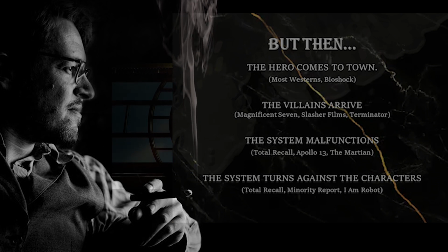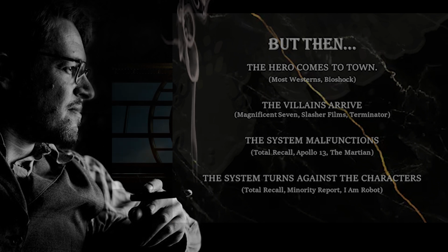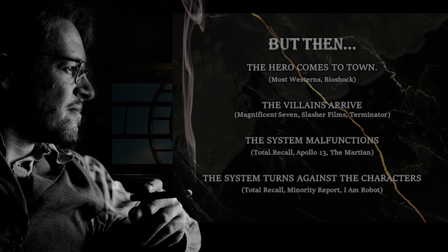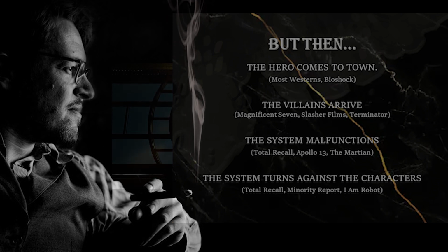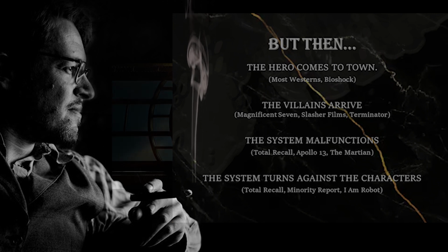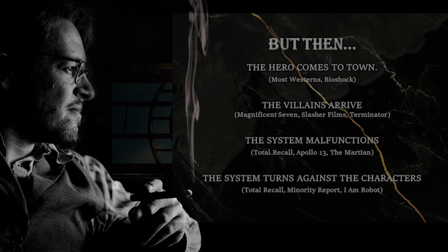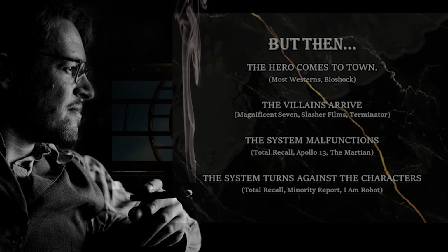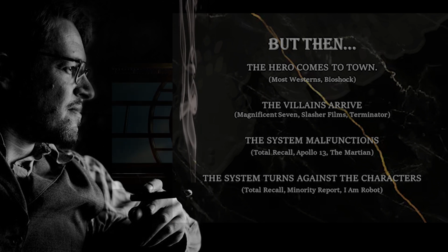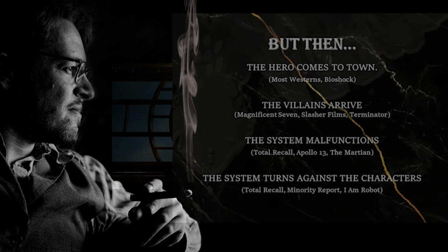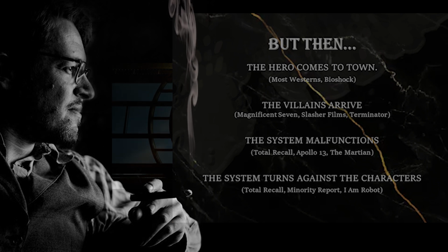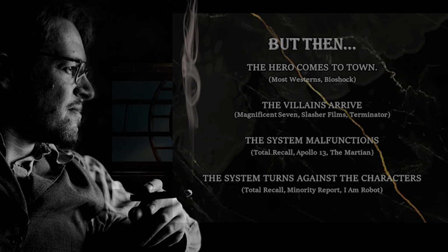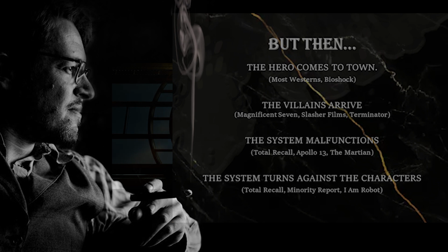But then, we have to understand here that we have a system that is working. Usually when we come into the story, the system is working, but then something happens, and in some cases the hero comes to town. Now this is what happens in all the Bioshock games, where you are this outsider coming into this city, and then you need to figure out what happened. So again, you have that mystery aspect, that exploration aspect, that investigation angle. But you can also have a community and then villains arrive and they start extorting the place. Everything was working fine, but then the peace is disturbed.